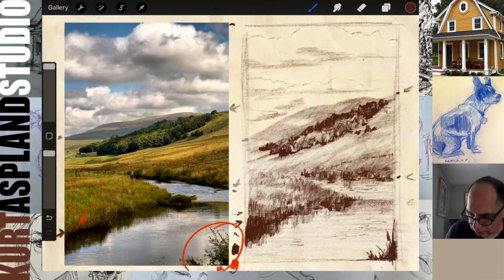I'm going to even go in here and add a little bit of, since this is a drawing, and this is not a painting or anything like that, I'm going to add some texture to the bottom of the clouds, and in the shadow area, I'm just going to